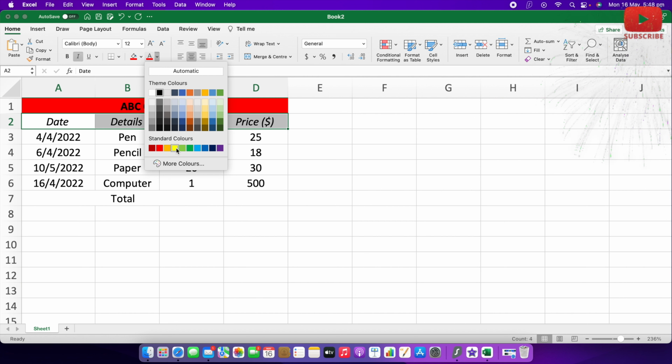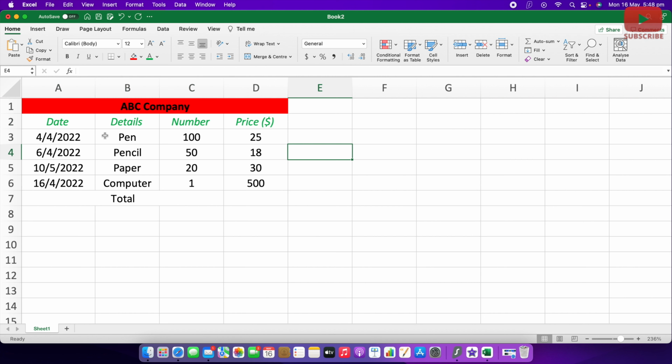Then I'm gonna make a bit of color on my writing as well. So suppose I go here and change this one a bit, yeah, green should look better. Okay, so I'm gonna do this one. So when I finish all the things, it looks pretty good, but